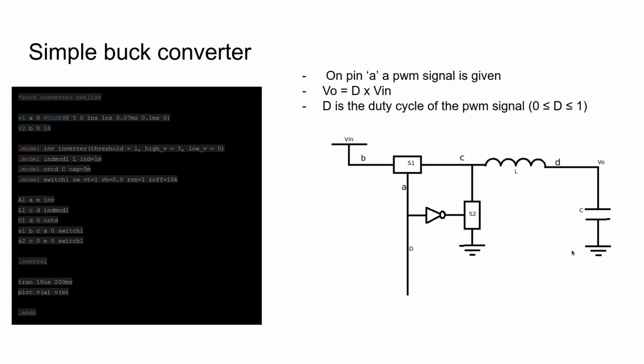This is the inductance, capacitance, the two switches which are pushed by a duty cycle. And the basic theory of buck converter is essentially, I'm not going into details of what the buck converter is and how it works. It's simply output voltage is D times the input voltage. D is the duty cycle of the PWM. So on this A node we'll be applying a PWM. These switches will be switching in a complementary manner, and that will essentially generate an output voltage which is governed by this equation, D times Vin.